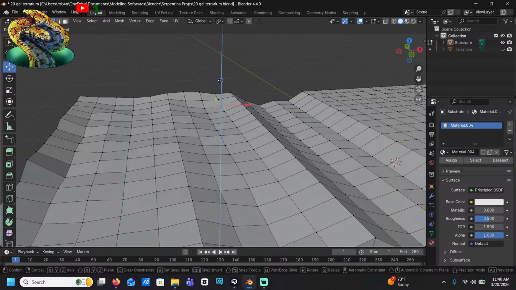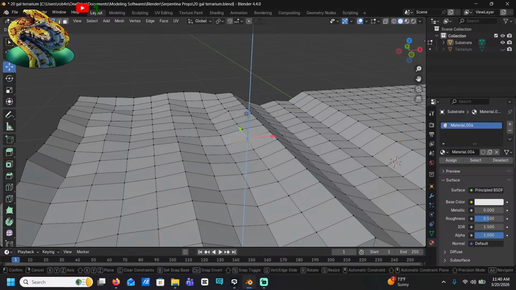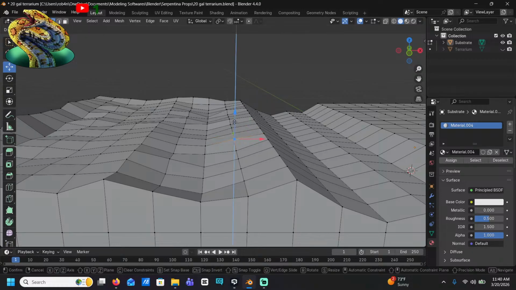Just slap a dirt texture or an aspen texture on here. It'll be fine. But I think it looks really weird as flat, too, to be fair. Maybe what I actually needed to do was not loop cut this as much as I did. Subdividing might have been a little unnecessary.